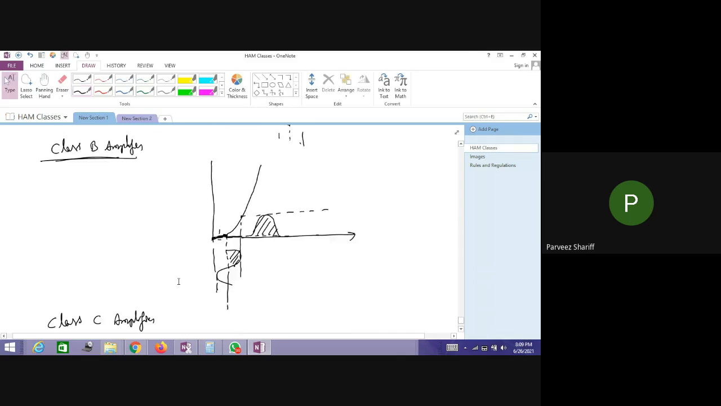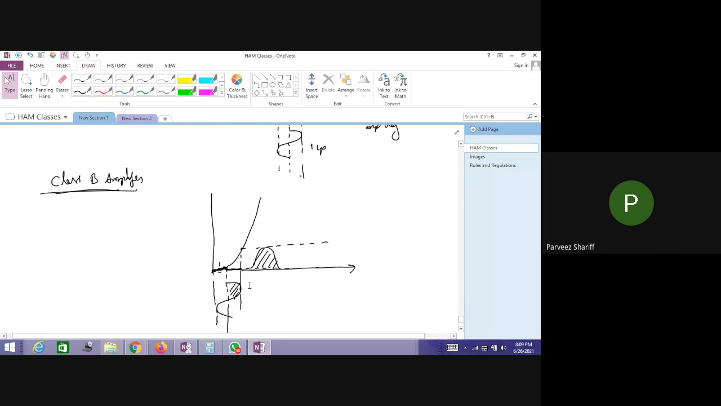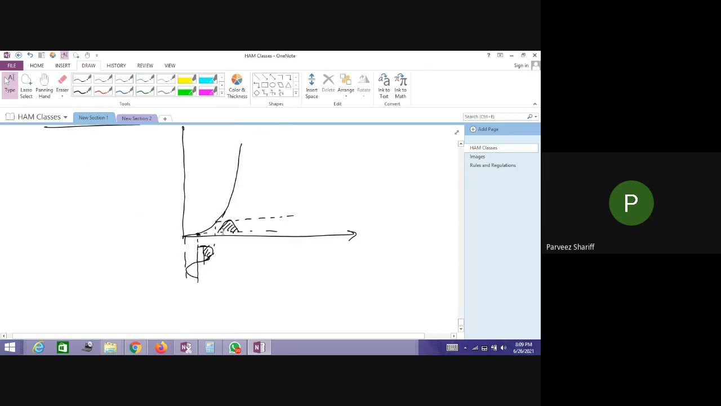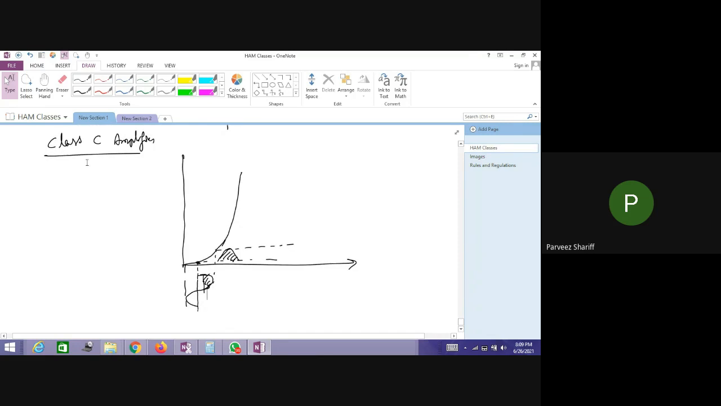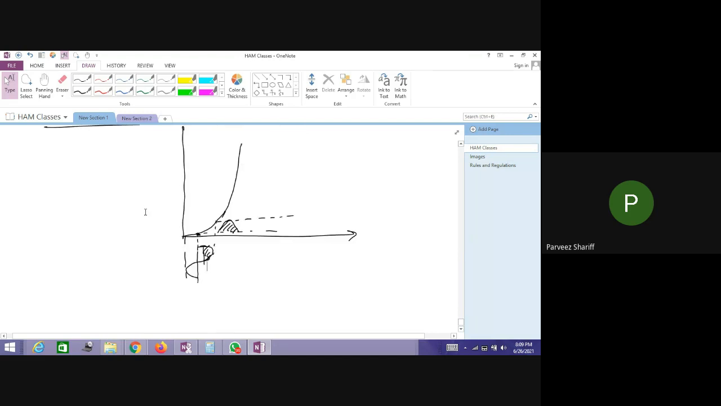Previously in class B, we got the entire positive peak, and in class C, we will get only the part of the positive peak, or maybe the negative peak. That is called as class C amplifier. So the different types of class of amplifiers, that is class A, class B, class C, class AB,